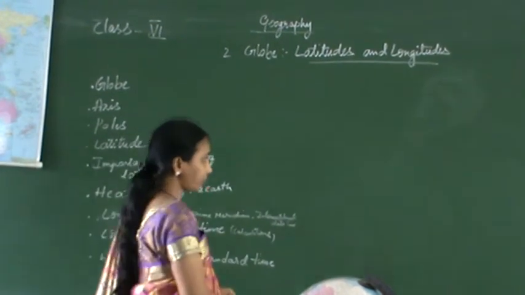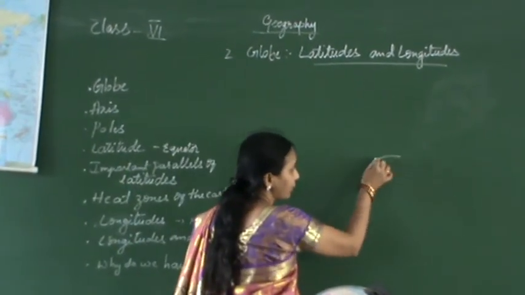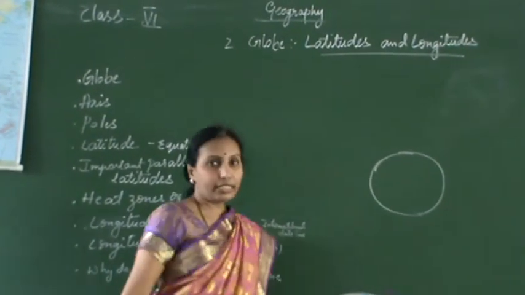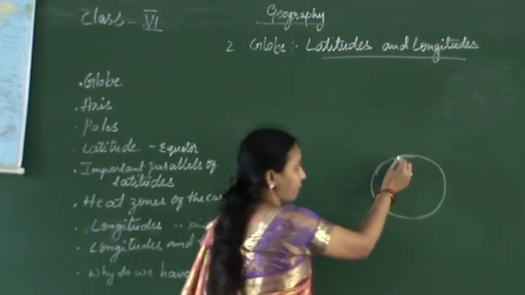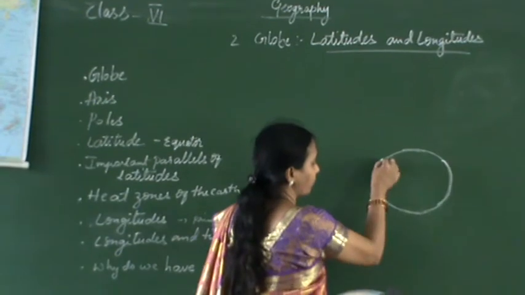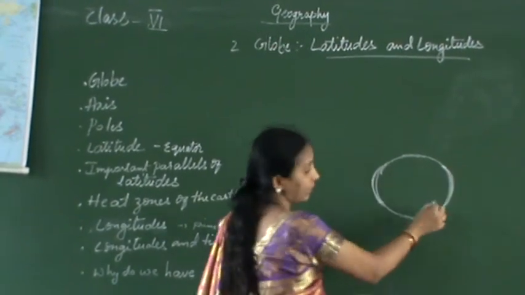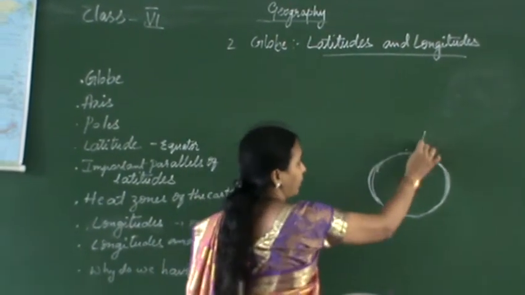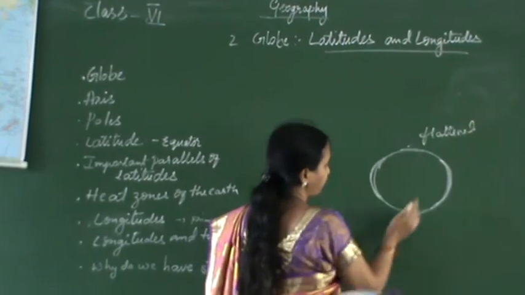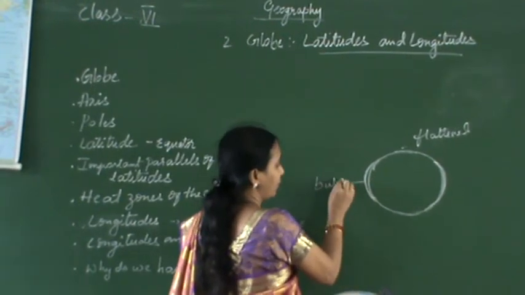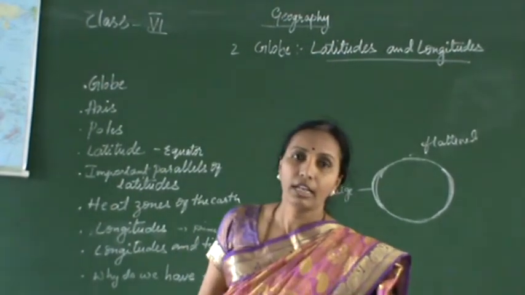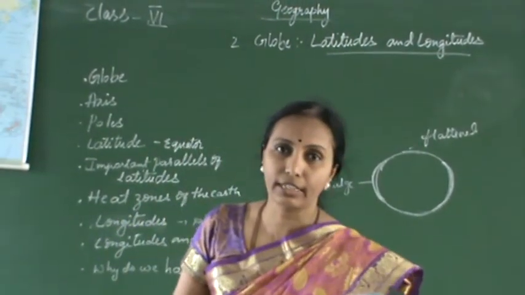And we know that Earth is not exactly a sphere or circle. It is flattened at the poles and bulges in the middle of the Earth. As we see, it looks like this